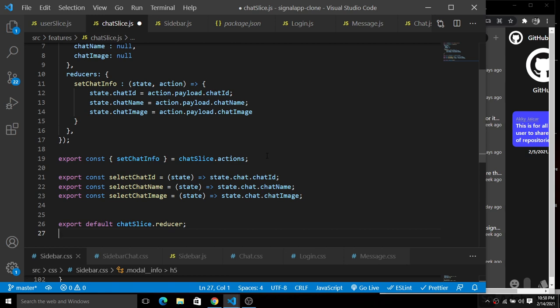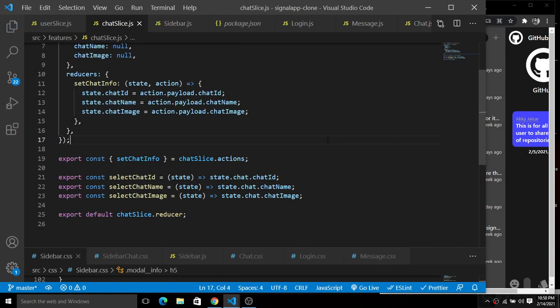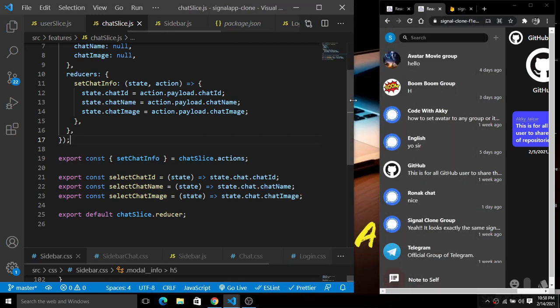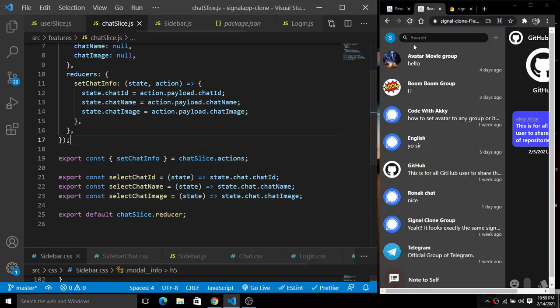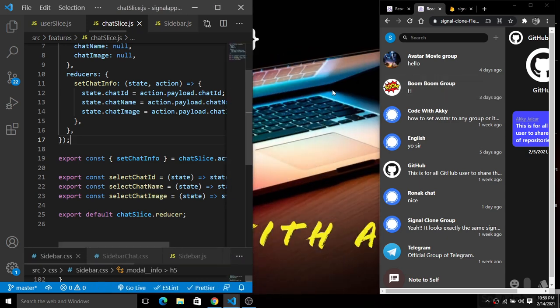Fine. So this is the exact way of doing this. Okay, so now I'm going to simply save this. Okay, and now we have to simply add these things here. So how will we set the state here? If you guys can see here, okay, I'm going to simply minimize this.